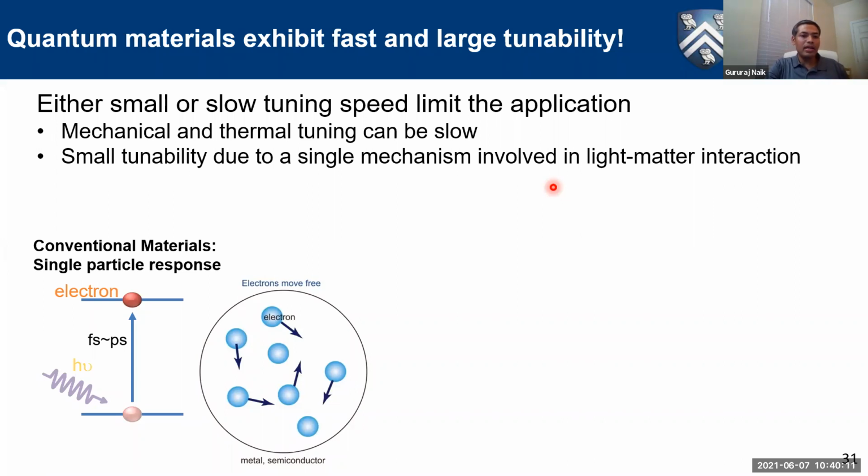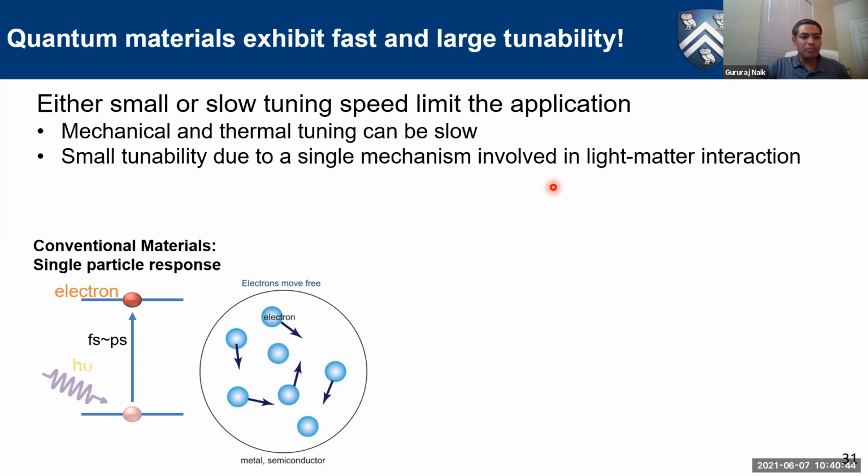They're just about 100 hertz or so. So it's really slow in tuning, but you can have larger tunability there. Or you have things like field effect, where you can have megahertz or even gigahertz tuning, very fast tuning. In the extreme case, ultra fast nonlinear stuff, where you can have even terahertz of tuning speeds. But the problem is they're extremely tiny. The index change that you get is not in the first decimal place, but actually in the third or fourth decimal place. Okay, so you have either slow or very small.